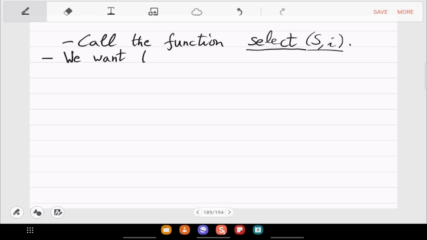So what we want to do is something like quicksort. Which means what?